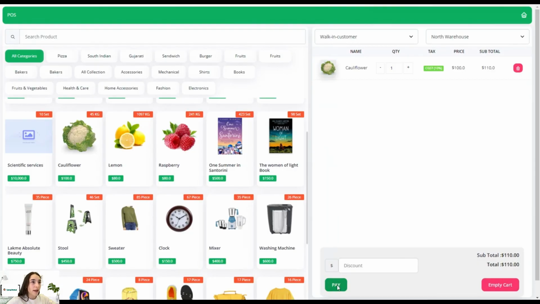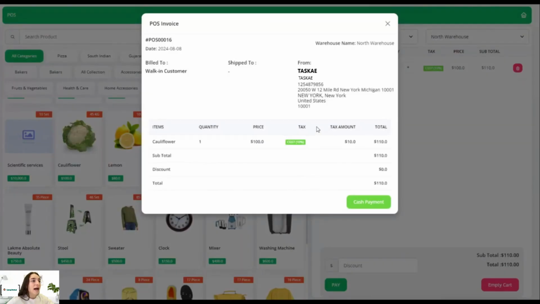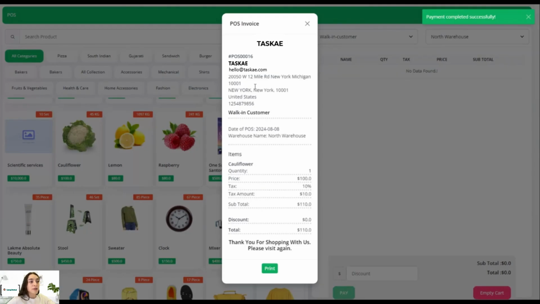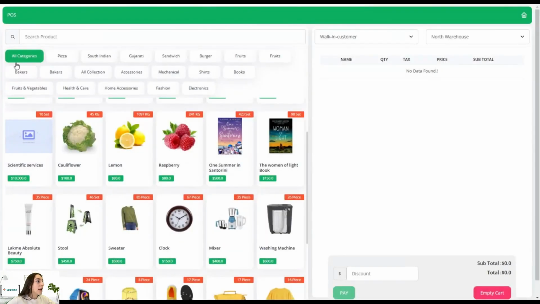Once they click on pay, they will immediately have this invoice appear on their screens. They can choose cash payment. You can choose your own payment options, and they can also print. This is basically the receipt. Let's now head to